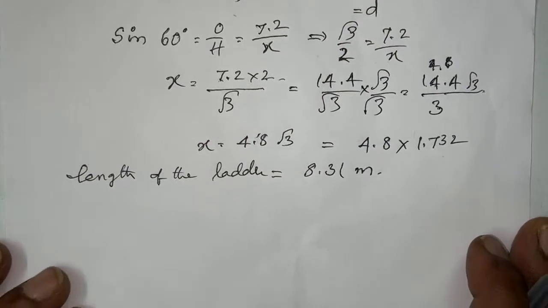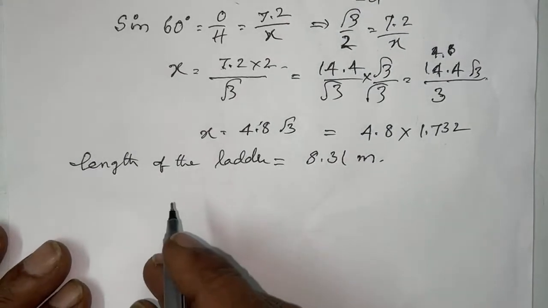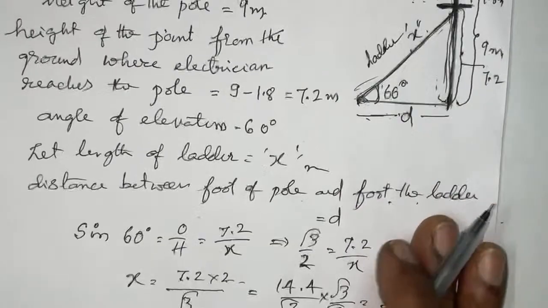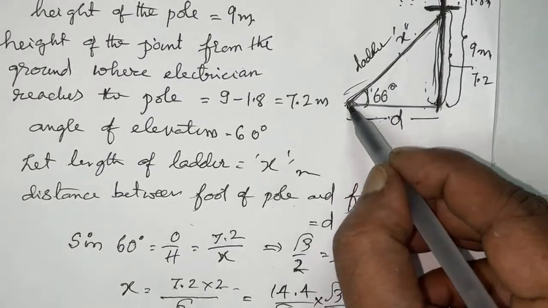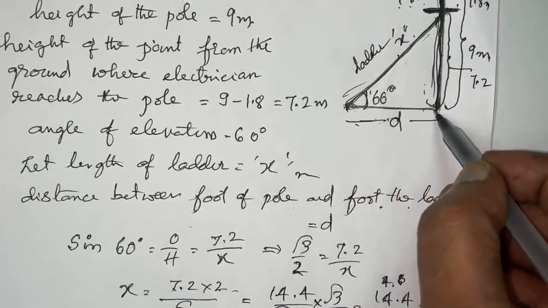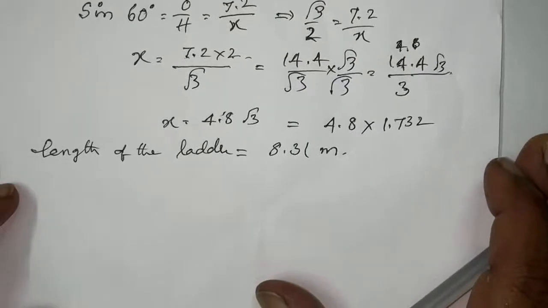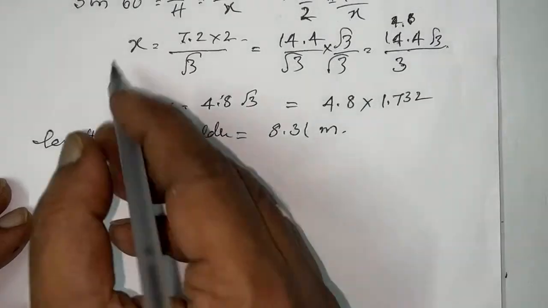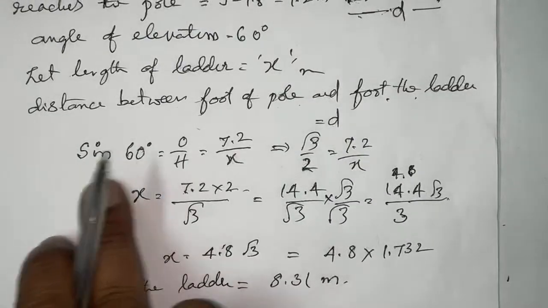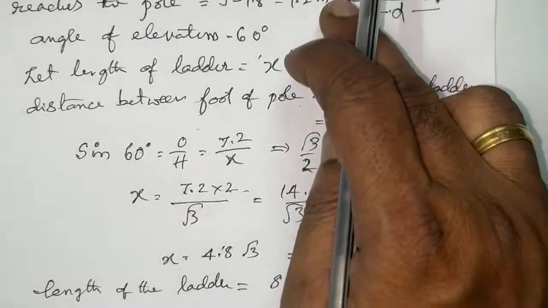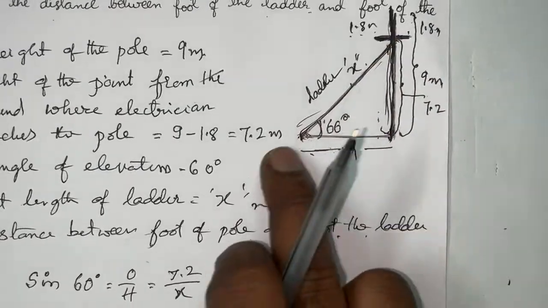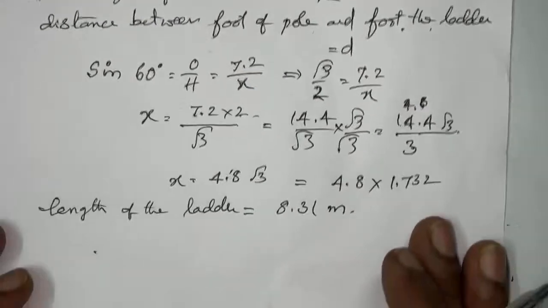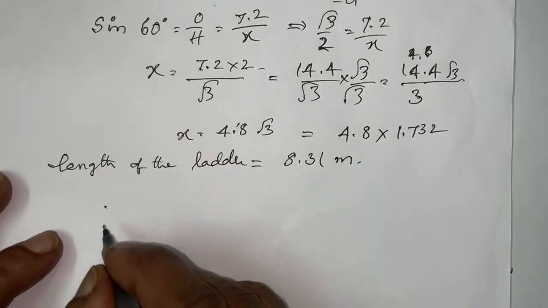And we come to the point here: we have to find the distance between the foot of the ladder and the foot of the pole. So what do we have to take here? Sin theta was taken to find the length of the ladder. Now, for the distance, we have to take tan theta. Now tan 60